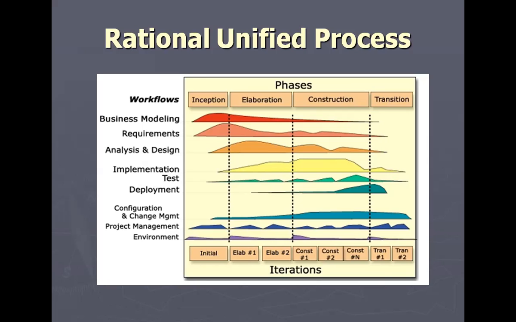When the iteration ends, particularly during the construction phase, a small subset of the system has been completed, which could be considered to be developed for the user as a release, even if only an alpha and beta version. The iterative nature of the RUP is reflected in how you approach the disciplines, which are logically grouped activities that take place over the lifetime of the project.